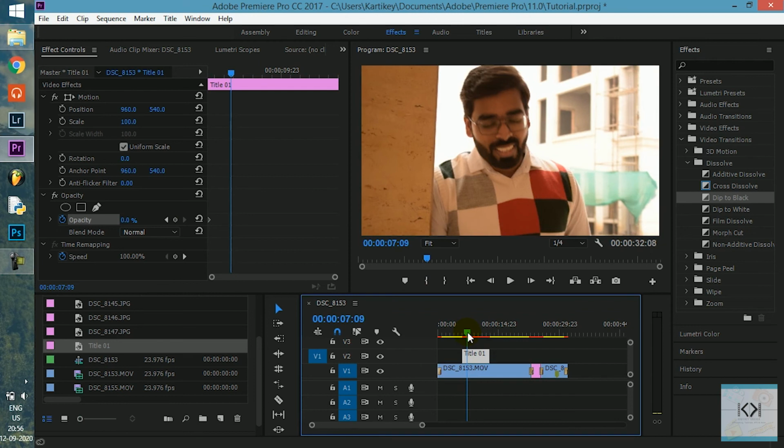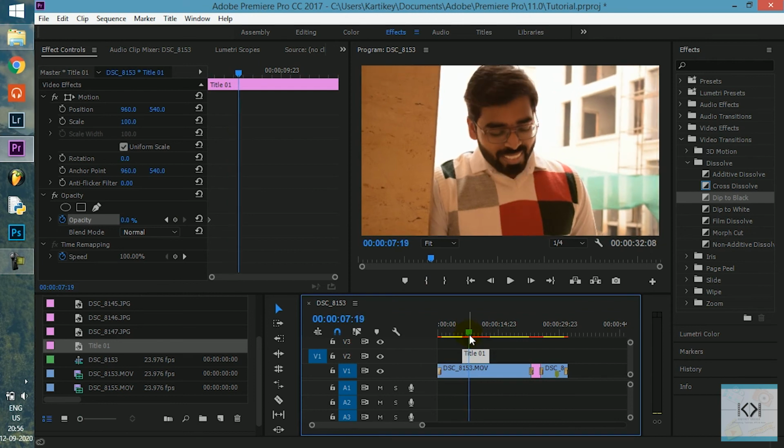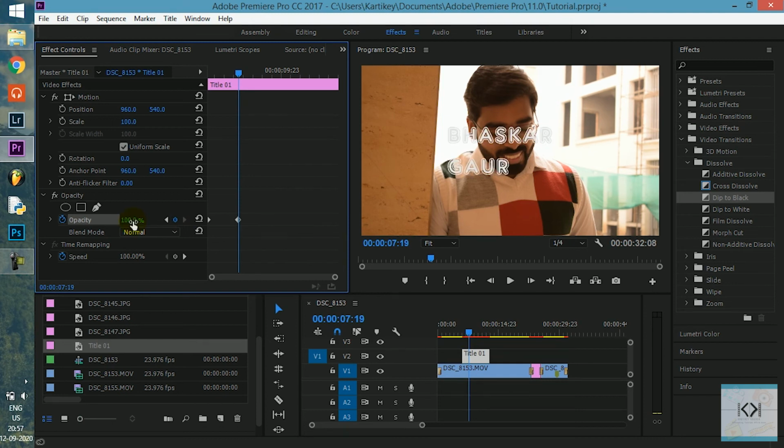Let's say we want the text to appear over here completely, so we will add another keyframe over here. We will increase the percentage to 100, because 100 is basically 0 transparent and 100% visible. So opacity is basically the visibility. Now you will see that the text has appeared.